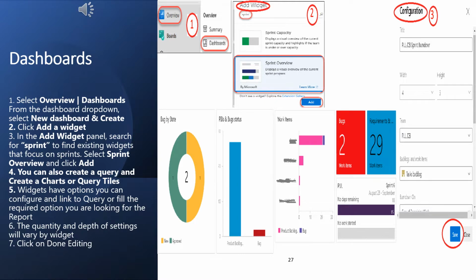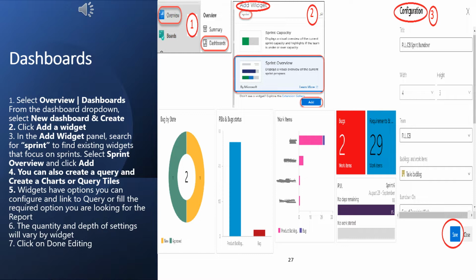As in this snapshot, I have just shown you the options. In the first, you are at your overview dashboard; second, you are on your dashboard page and you are adding a widget; and third, when you add any widget, say sprint overview, it will get added to your dashboard page, and there is a configuration icon.